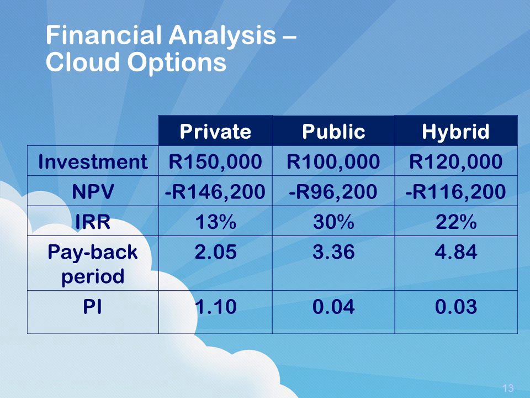Our profitability index, hybrid has been assessed as being the lowest, followed by public, and private being the most profitable area to follow. It's something that we've looked at. We've factored in the 10% discount rate. We also looked at the six years payment period, and we took this into consideration in terms of providing this financial analysis to you all.